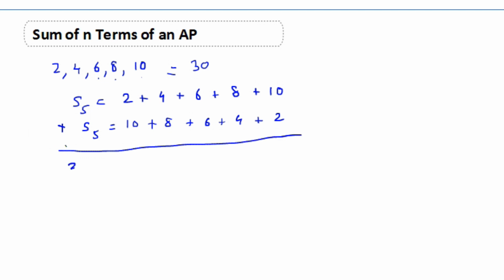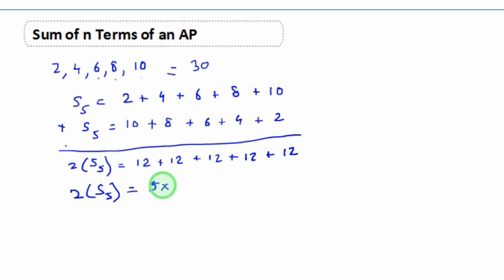If we add these two equations, it becomes 2 times the sum of the 5 terms, which will be equal to 10 plus 2 is 12, 8 plus 4 is also 12, 6 plus 6 is also 12, 4 plus 8 is also 12, and 2 plus 10 is also 12. Wow. So that means 2 times the sum of 5 terms will be equal to